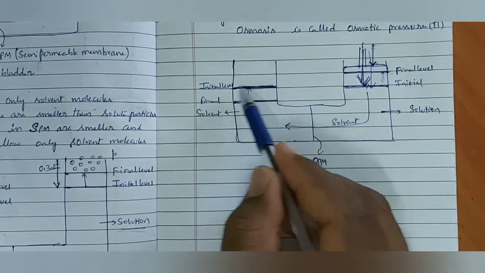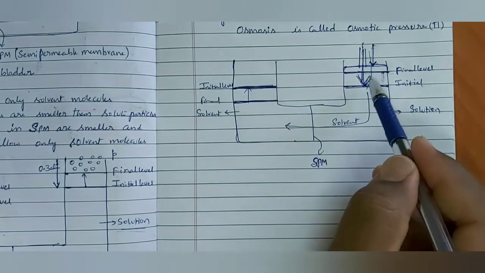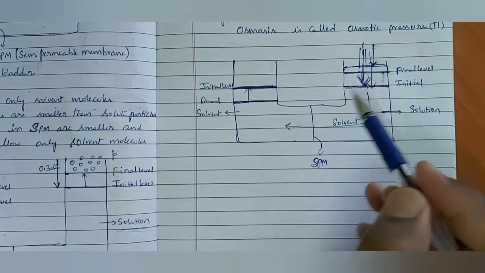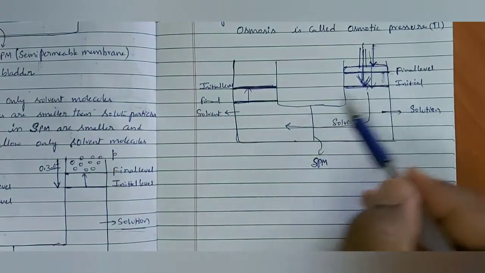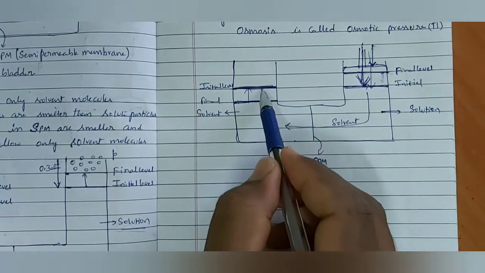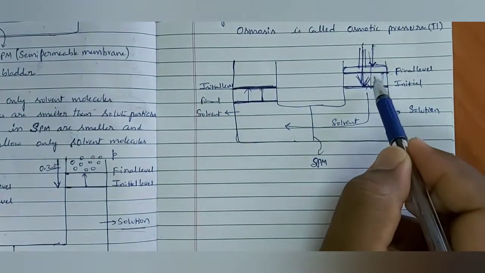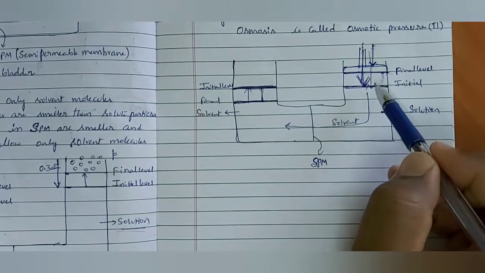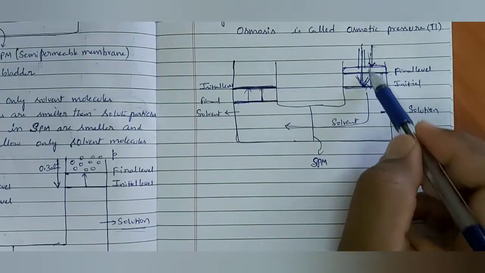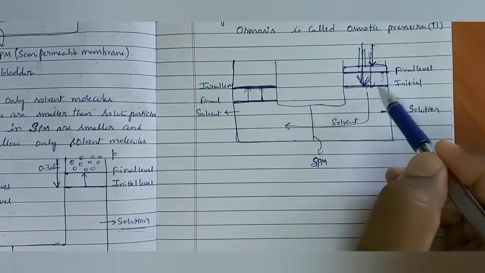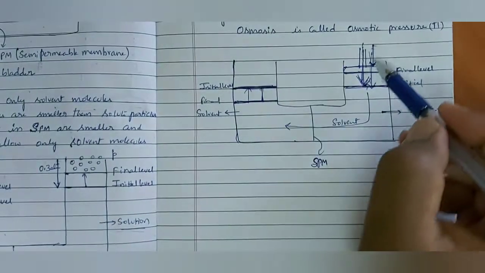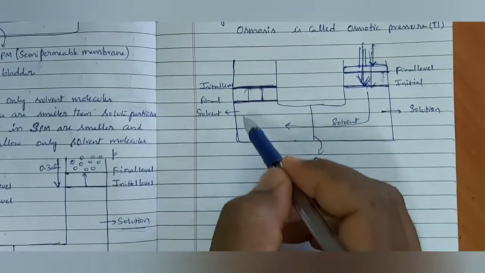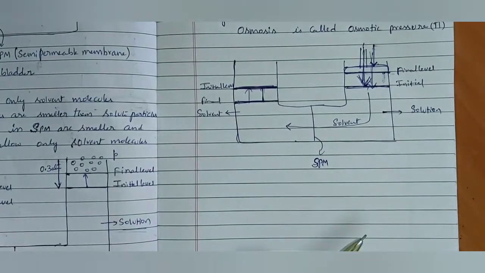Okay, up to that level, maintain that level, the initial level. Here definitely some pressure must be maintained. If you remove the piston, again this level will go out, and again it will come to this one. So the difference is there now. The difference in height level is to be maintained by the piston. That is the pressure difference, how much pressure we are applying on the solution side to stop osmosis. As long as you apply pressure here, solvent molecules will not move from this side to this side.